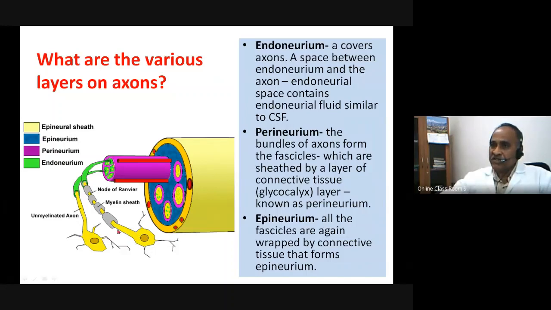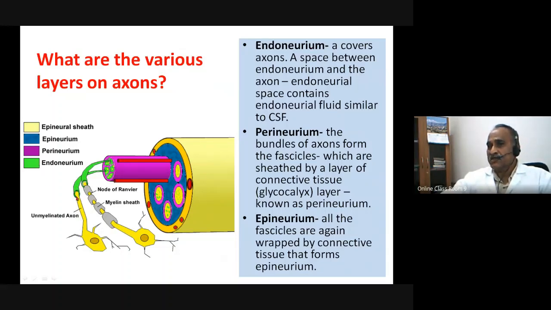One is a myelinated nerve, another is an unmyelinated nerve. This is the myelin sheath, and there is no myelin here. They are wrapped in this greenish layer of connective tissue, known as the endoneurium, which covers both the myelinated and